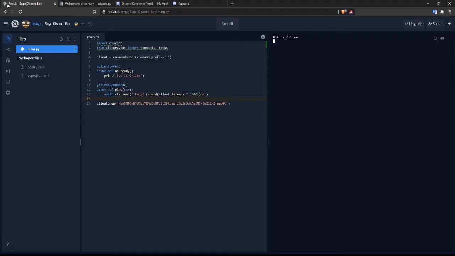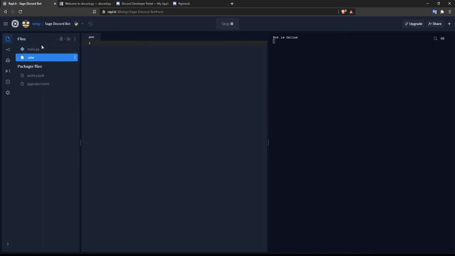You have created a bot yourself. But wait, there's still a catch. On Replit, by default, all the projects are in the public domain, so anyone could access your project by using the URL over here. What we can do is create a file .env. We'll create an environment file. By default, the environment files are not visible, and we'll create a variable over here, a global variable, that would be our token.